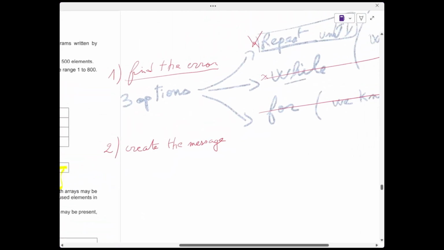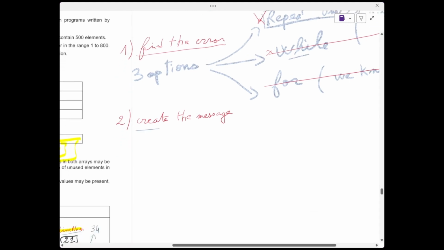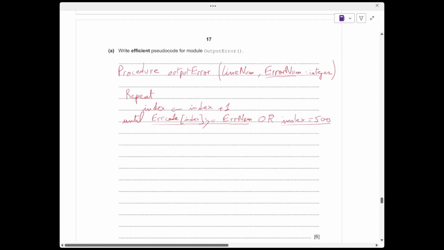Let's go back here, find the error. The error is found here. Well, not found, of course, but checked. Let's say checked. Now we will create the message. The message will be created according to the error code, found or not. So we will say if error code index